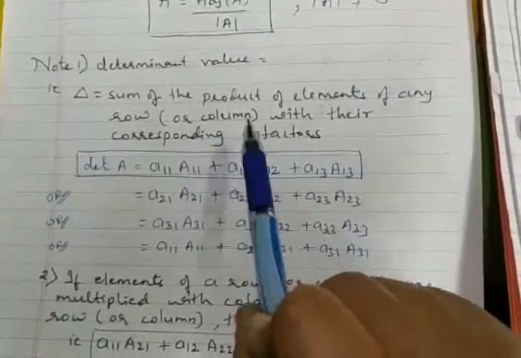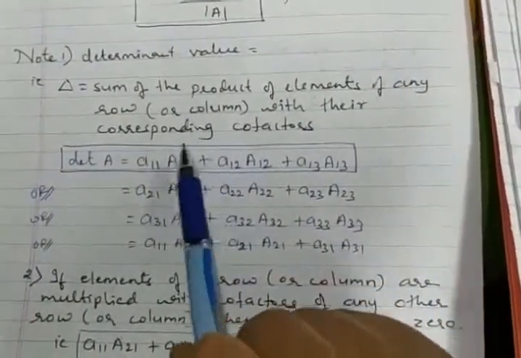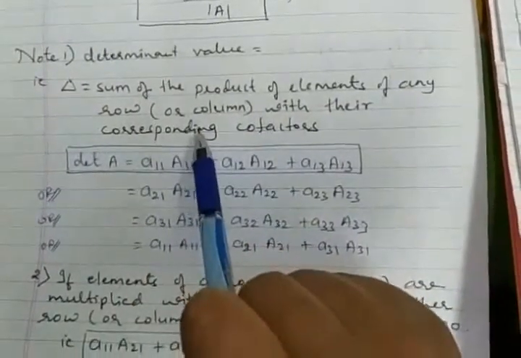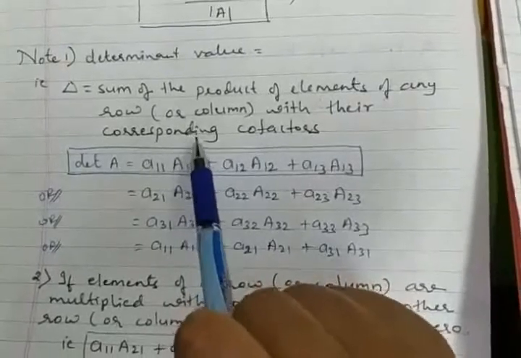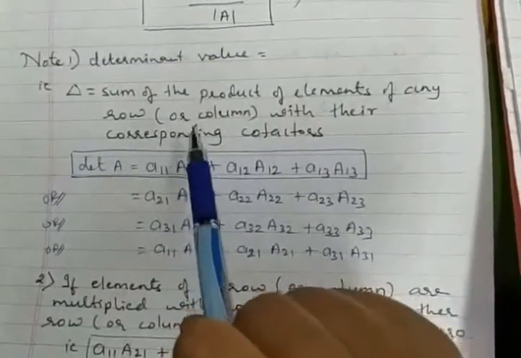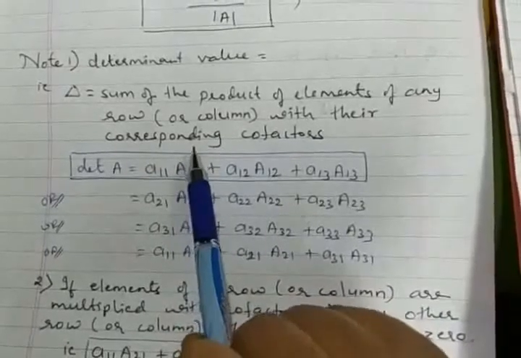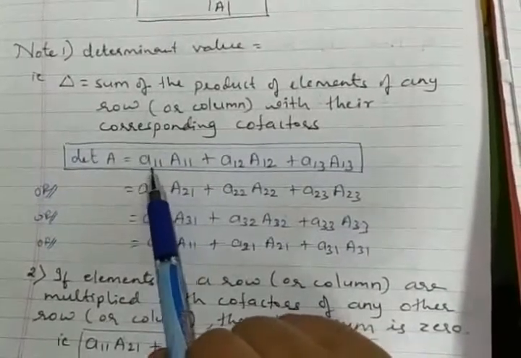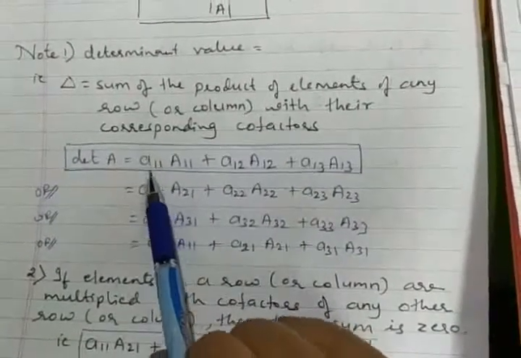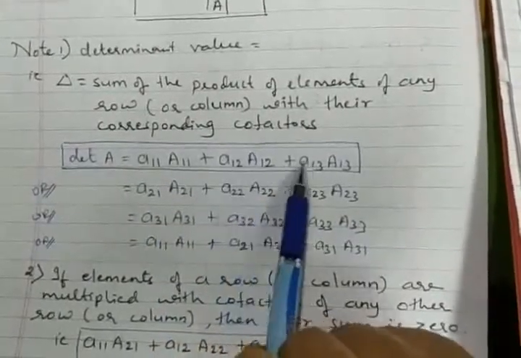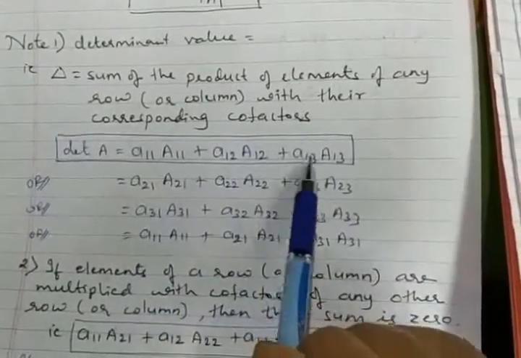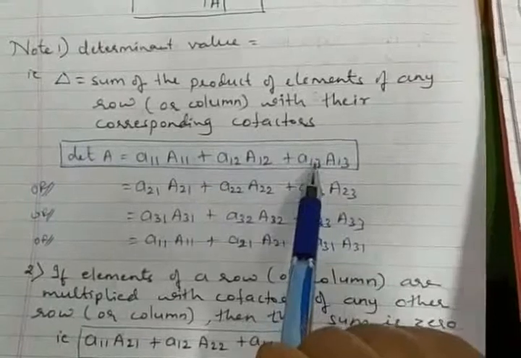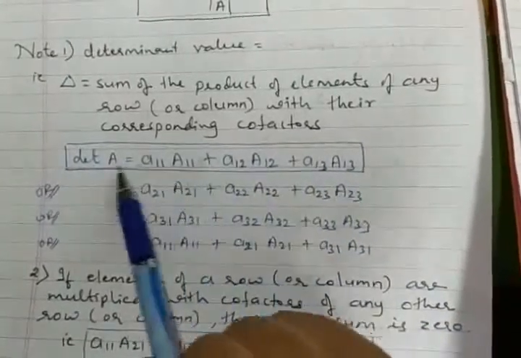The note says it's not compulsory that it should be done only on the first row, which we have already practiced. It may go for any row, or I can even go for a column also. But the plus sign and minus sign have to be balanced, which speaks about the cofactor's existence. Shortly I'll prove it once again. I have taken here A11, which implies the first row: first row first column, first row second column, first row third column. Overall, all the first row elements have been taken, and those elements have been multiplied with their corresponding cofactors. Sum it up, and we have the determinant value.